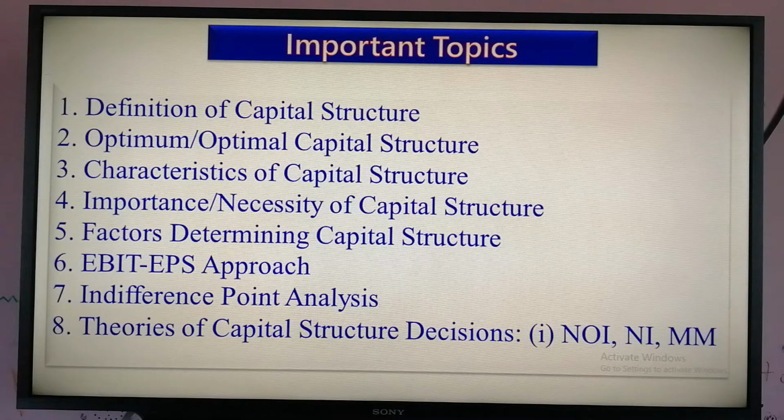You can understand the EBIT-EPS approach. You can understand the indifference point of EBIT and also the break-even point. And finally, the most important, a little bit difficult, 3 theories of capital structure decision. One is the net operating income approach, net income approach, and the Modigliani and Miller hypothesis, widely known as the MM approach. So my dear students,